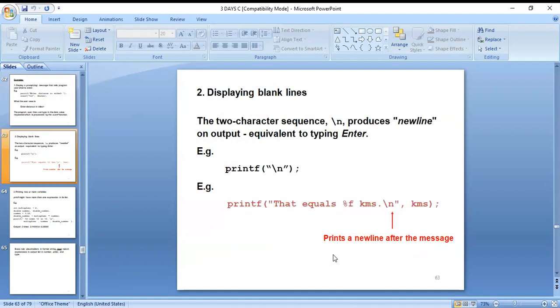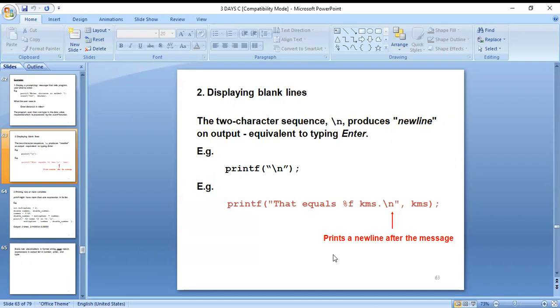Next you can see displaying blank lines. To display blank lines, the two character sequences are there. One produces a new line on output, equivalent to typing Enter. Here you can see printf and printf that equals percent of kilometers.